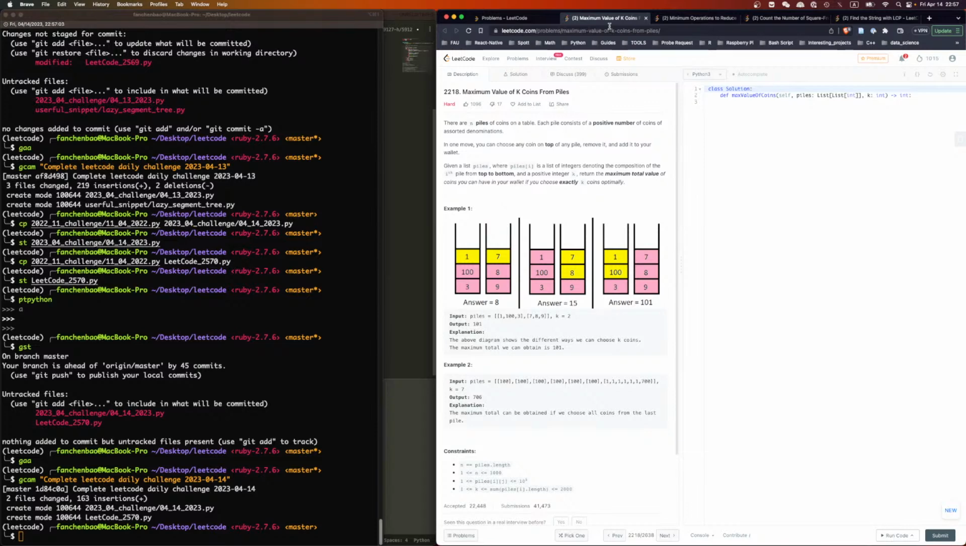And we already know what the solution will look like. It's going to be DP. I think we are in the DP week, whatever that means, right? Okay, so